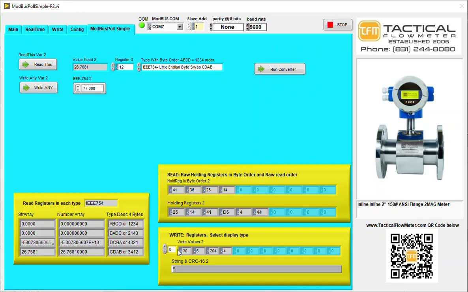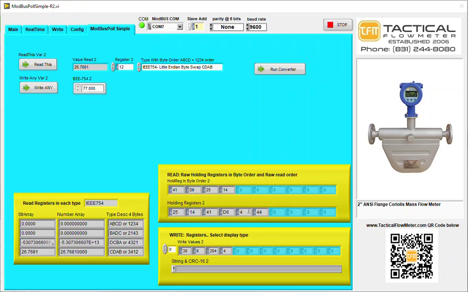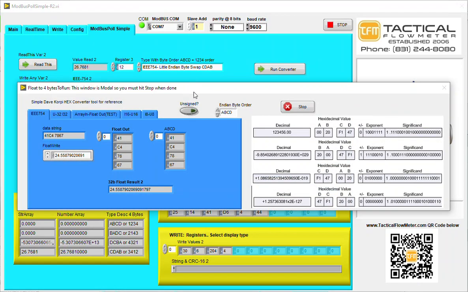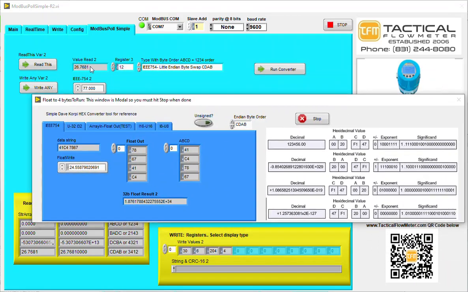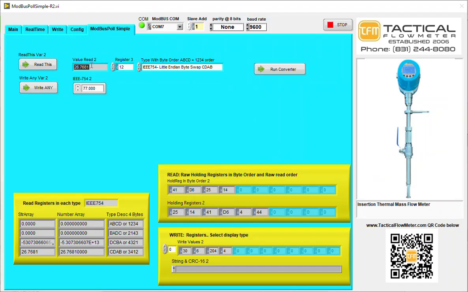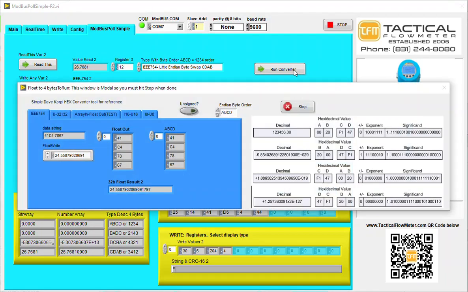Here are also some of the other helpful registers, the write register, and here's the holding registers, and the holding registers in byte order with the CRC. This little routine will let you meddle with IEEE 754. Here's ABCD, CDAB, so I could see what this particular value, 247681, I'm going to hit stop. I'm going to copy this value, Control-C, run the converter, paste it in here, Control-V, and there's the result as a